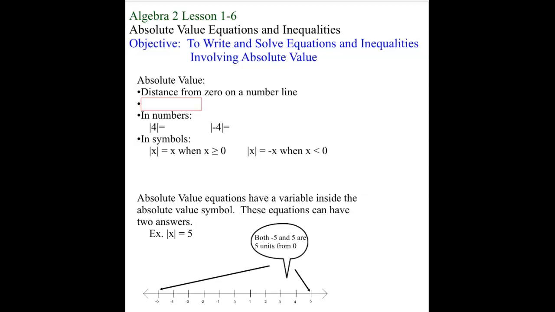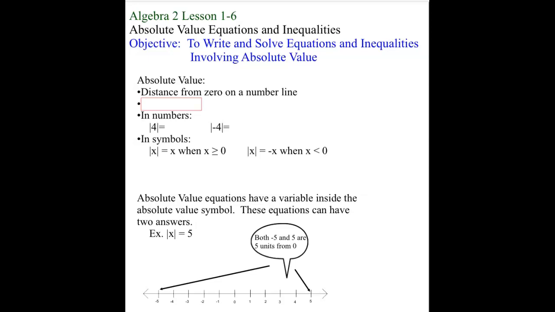Welcome back. Today we are looking at Algebra 2 Lesson 1.6, the first part of it. We are looking at solving absolute value equations and inequalities. Today we're going to focus on just writing and solving equations, and then tomorrow we will tackle the inequalities that involve absolute value. So just a quick reminder from previous years, absolute value stands for the distance from zero on